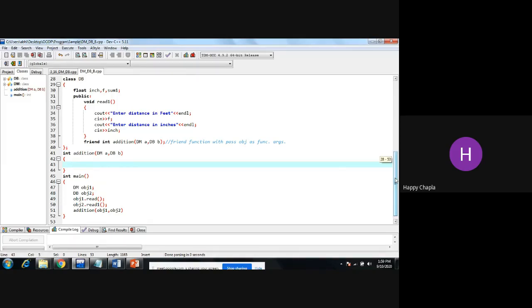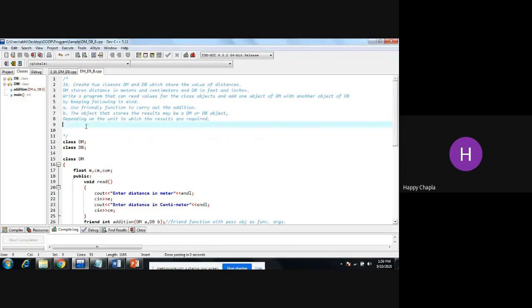But before that, I'll write the conversion over here, because we have to convert every unit into the meter. I want the answer in meters, right?